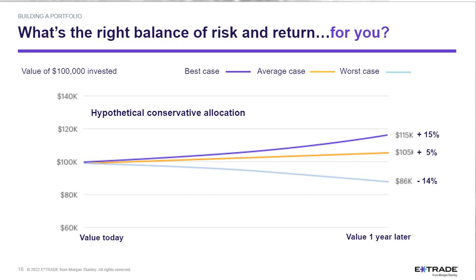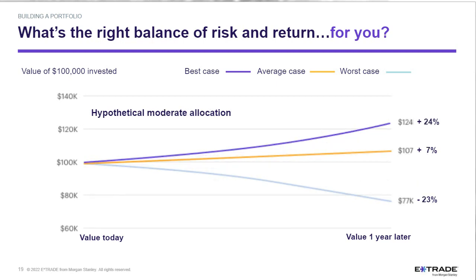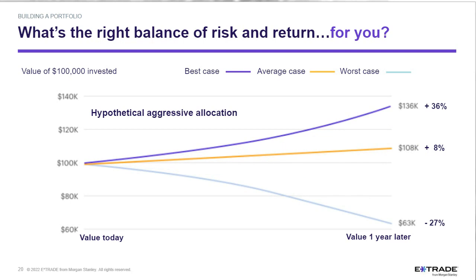If you were to build a more moderate portfolio with a little more risk, well, your expected return now is 7%, with the possibility of a big year being plus 24 and a small year down 23. Or to move to a more aggressive allocation, we would be expecting an 8% versus a range of 36 to minus 27. And so, as I said, online tools at E-Trade quiz you in a variety of ways to ultimately arrive at an assessment of what your risk tolerance is.